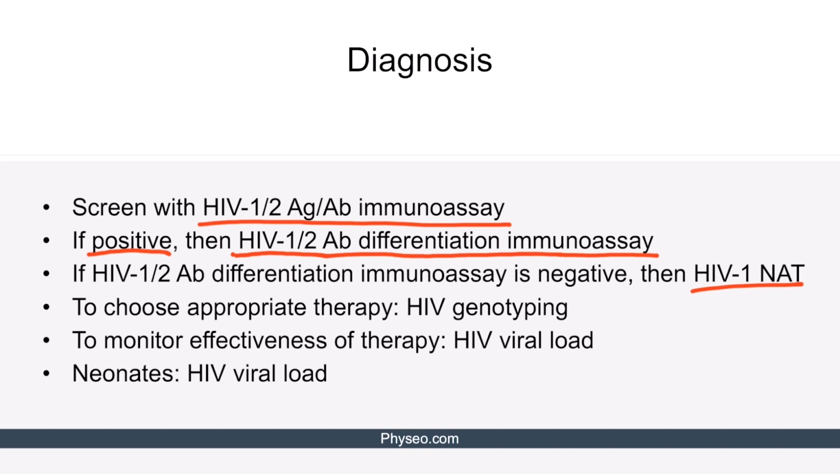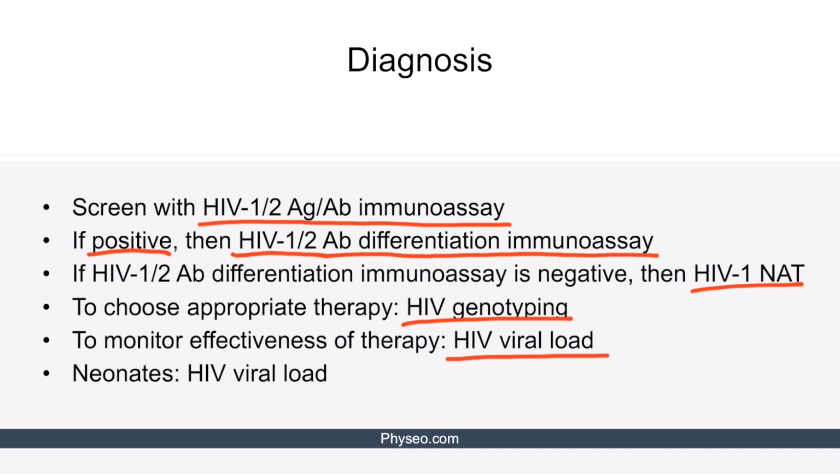Let's also discuss several specific circumstances. What if the patient is diagnosed with HIV and now we need to choose appropriate therapy? Then we need HIV genotyping to see if the patient's serotype is resistant to any of the commonly used antiretroviral medications. To monitor the effectiveness of the chosen therapy, we need to periodically review the HIV viral load currently in